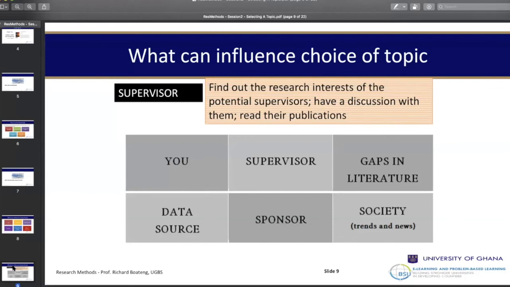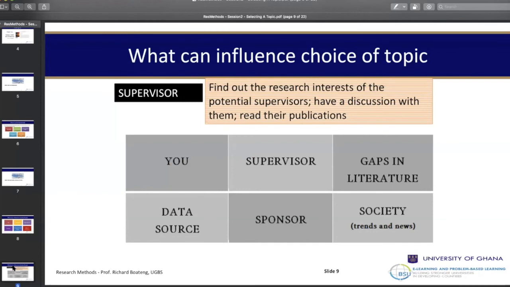But my advice to you is that some departments also look at what you wrote as your topic and then choose and match you to the best supervisor who can supervise you. However, the best thing for the student to do is to be proactive. Go online, go to the business school website, go to the faculty page, get to know the other department members of the faculty that you belong to. Go and read about their research profile, what they have been doing. You can even approach them and tell them that I saw you did this and this, and I'm interested in doing that thing with you, or send an email to them.